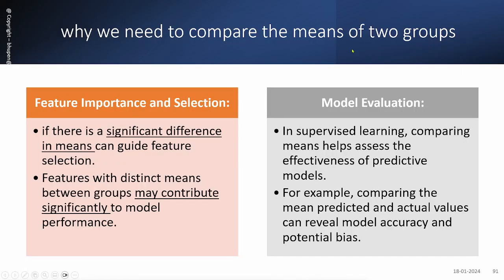Why do we need to compare the means of two groups? Essentially, for understanding feature importance and selecting columns. One of the major phases of data science is to understand which columns are useful, which ones are not. So if there are significant differences in the mean, then we know that column is useful. Why so? In machine learning, we want the columns to be discriminatory, and we should have distinct means between the groups, and that contributes well towards the model performance. That's one reason, and model evaluation can be another reason why we want to do